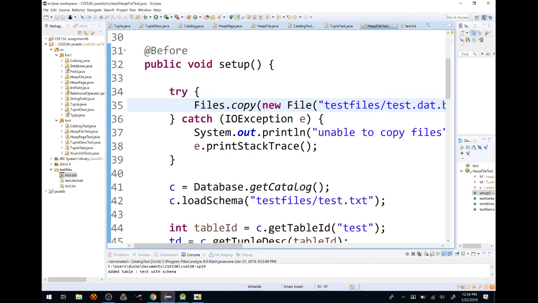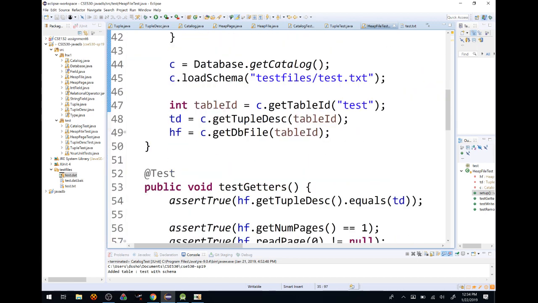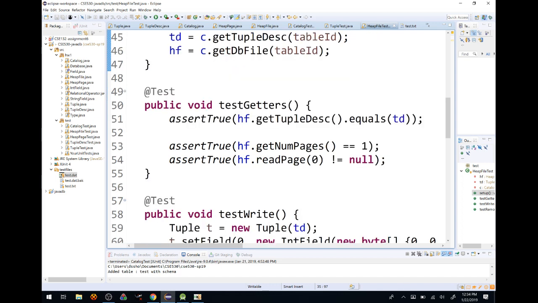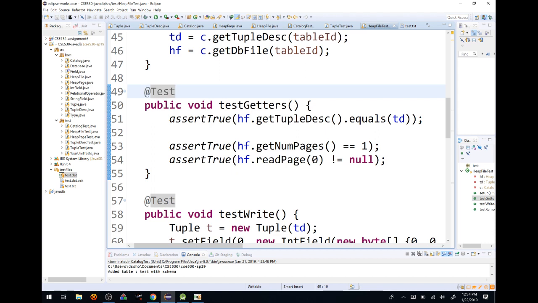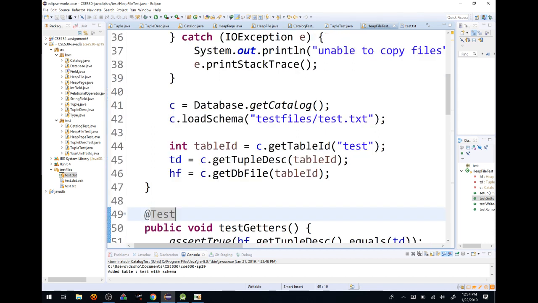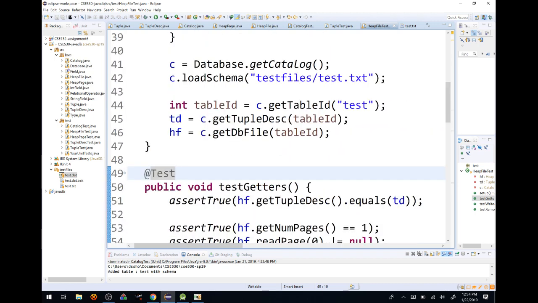Great question. So this setup question, as I just explained, is setting up this table that we are going to use to test our code. All of these tests, anything marked with @test, that's an actual unit test that's going to be run on your code. Anything marked @test is going to be executed using these objects. So there's a catalog object, there is a tuple description object,